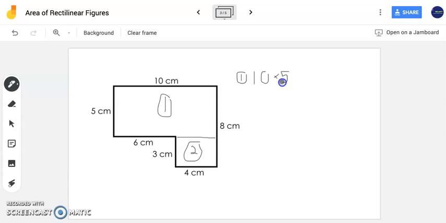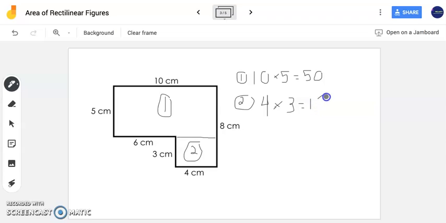and this is great because both of this information is given to me. So I'm going to use the values that are given to me. I don't have to go out of my way and find them. 10 times 5 is 50. So I have 50 square centimeters for the area of figure 1. Now I'm going to find the area of figure 2. I look at my length and I see my length is 4 and my width is 3 centimeters. Now notice again, both of these values are given to me. 4 times 3 is 12